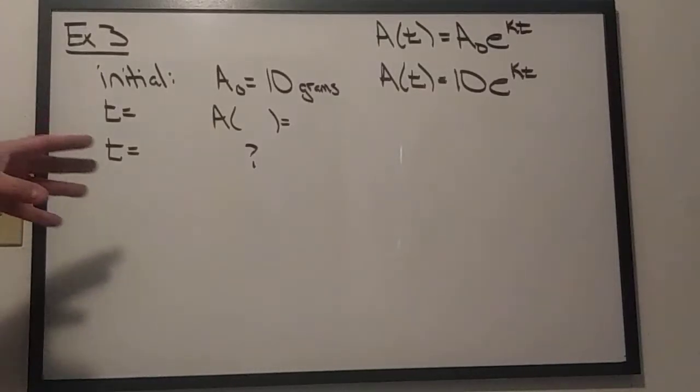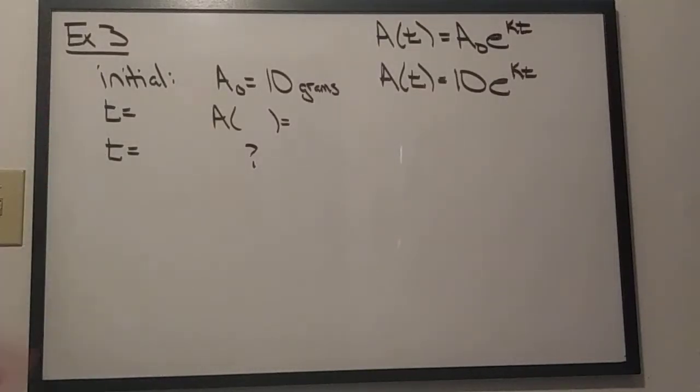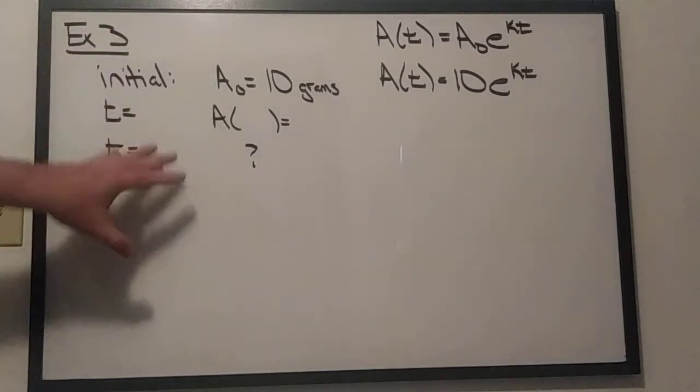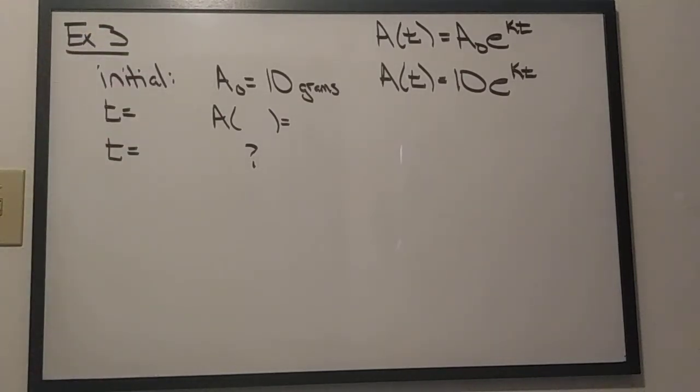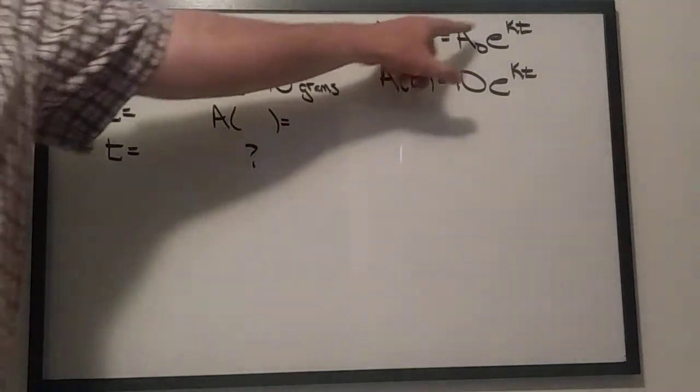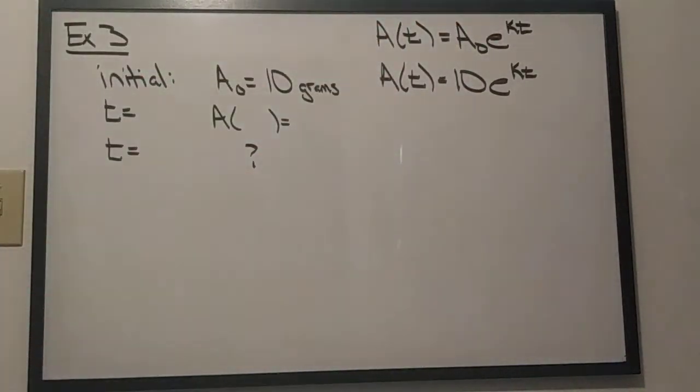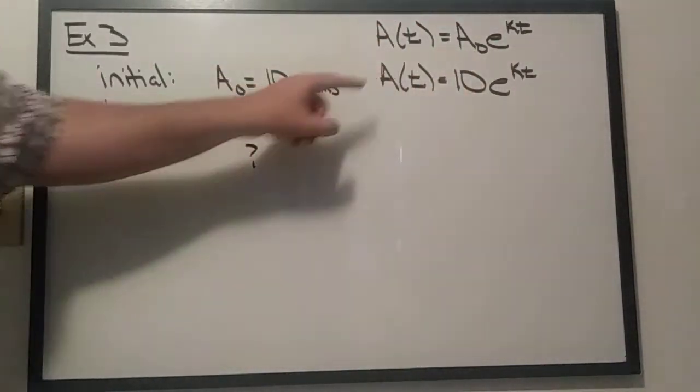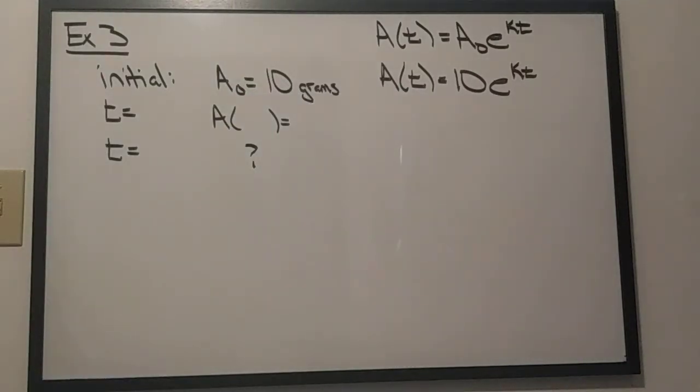So in example 2, I showed you the general process of solving one of these application problems for exponential growth or exponential decay problems. The first thing that we did in example 2 is we talked about the fact that they gave us 3 different pieces of information for 3 different times. Then once we talked about all of that, we plugged into the exponential formula, and then we saw what we can do from there. So it's again going to be the same kind of thing when we're looking at example